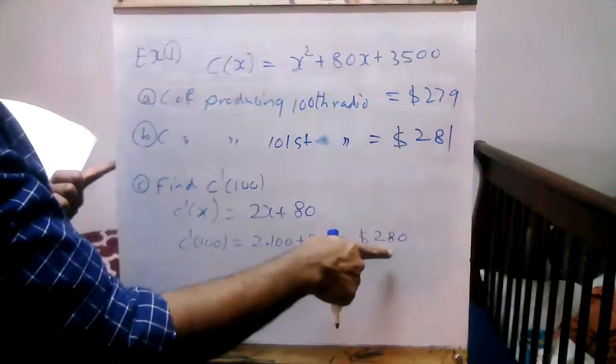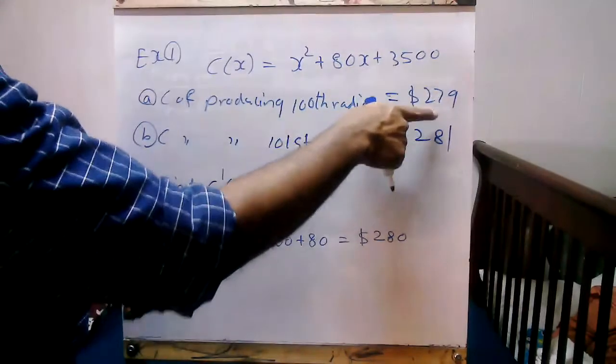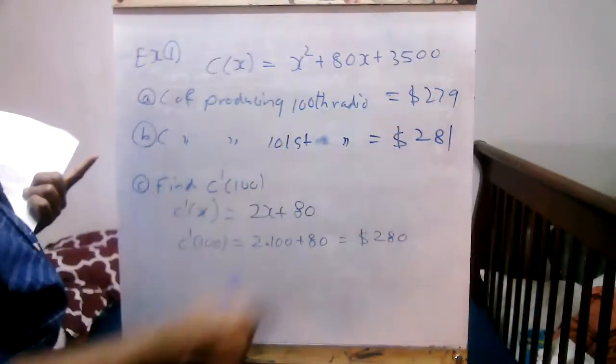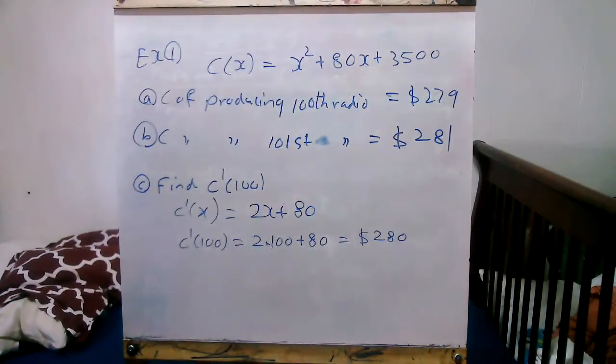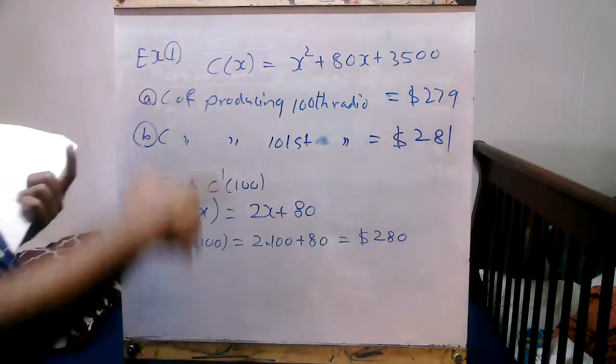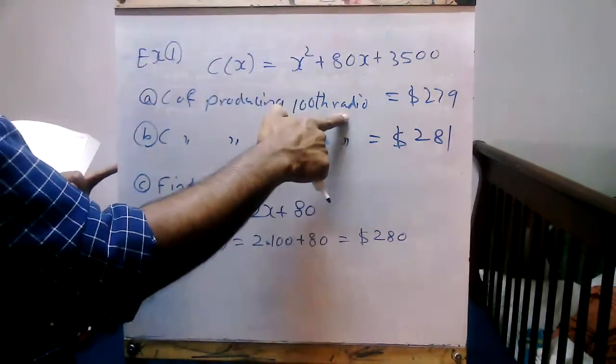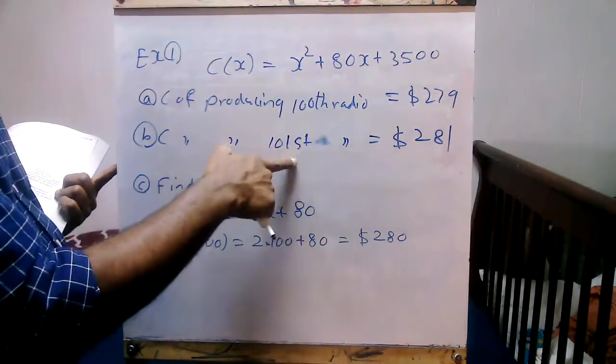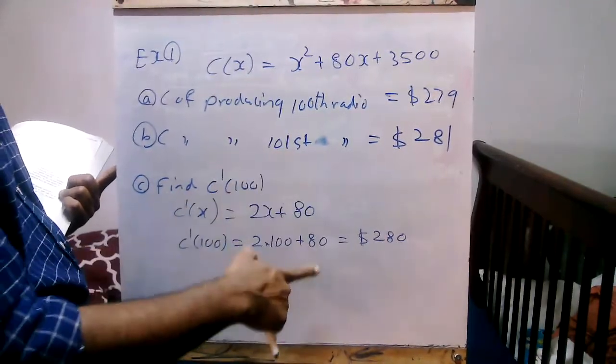Look at these three. This 280 is in between these two. Therefore, we can say that we can approximate the cost of producing the 100th radio or the 101st radio with